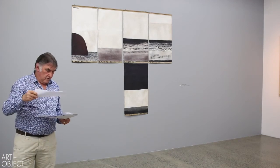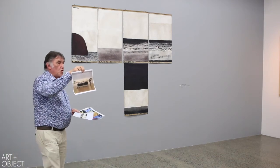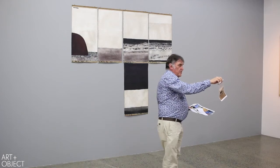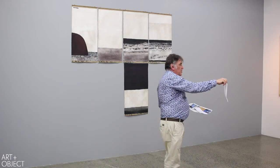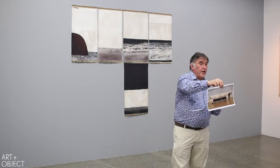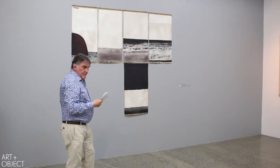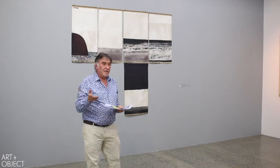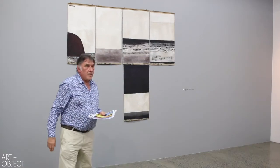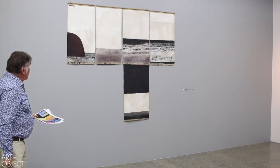Greg O'Brien sent me a wonderful photograph of some schoolgirls sitting in front of the Series C at Te Papa, where it's all hung in a row there rather than round the corner. Anyway, so that was Series C, A, B, C, and Series D. And Series D consists of 5 panels, and